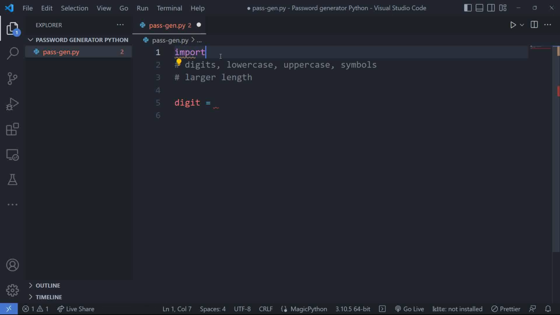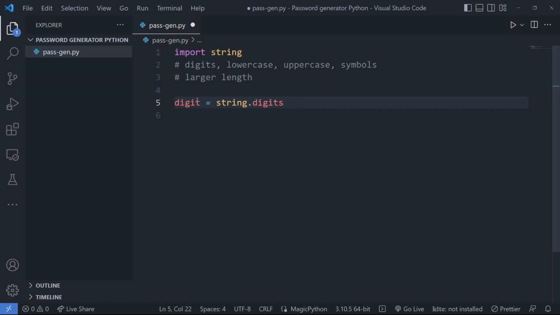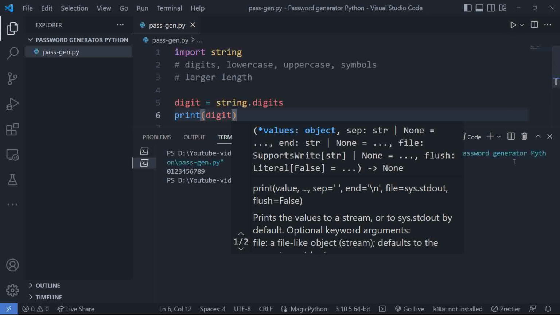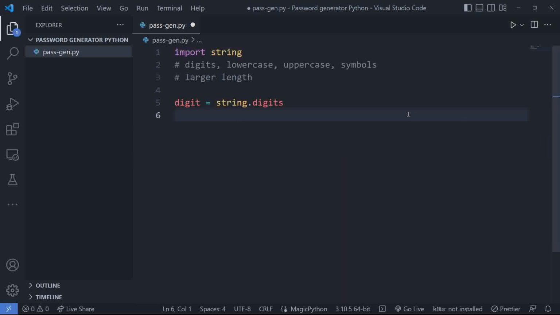To import the string module, use import string, and now inside our digit variable we can just use the string module and its digits attribute. Now this will create a string named digit containing all the digits 0 to 9. Let's have a look at it. Yeah, here we can see digits gives us a string containing all the digits from 0 to 9. So for now let's remove it and